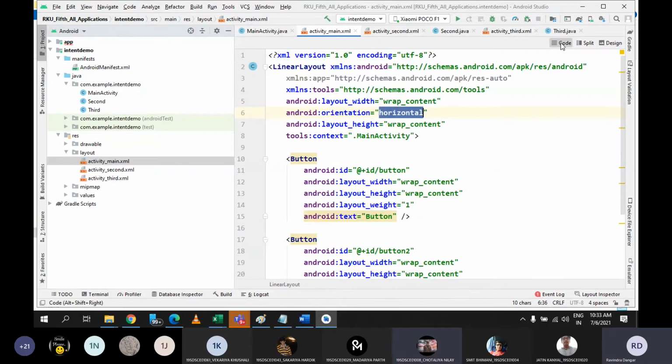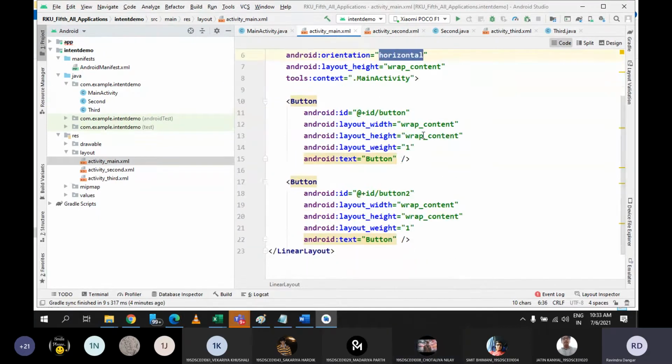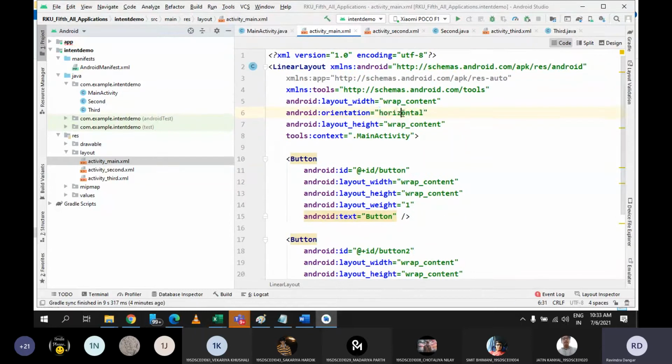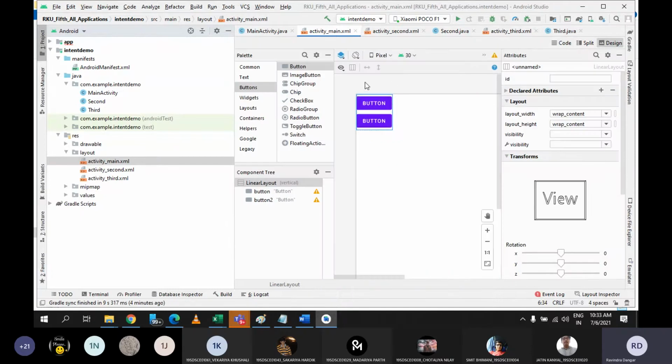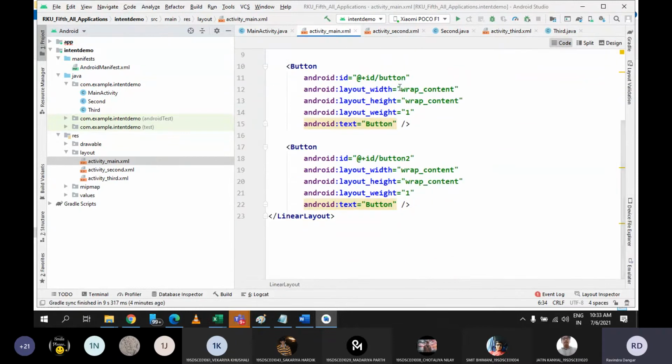Okay, so what does wrap content mean? Yes. See, here this button is there. Fine. Let me go with vertical orientation so that I can explain it clearly. See, this is how the buttons are listed out. Now here, in both the buttons, the properties which I'm using are wrap content everywhere. You can see. For the first button, I am setting layout width as wrap content, layout height as wrap content. So the meaning of wrap content is whatever text is there, it will spread your control to that text only.